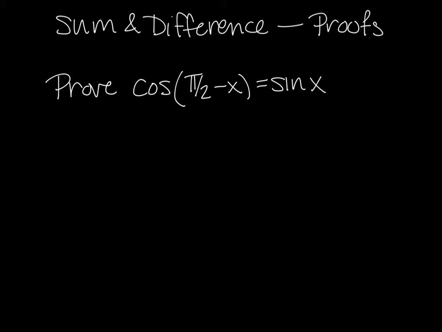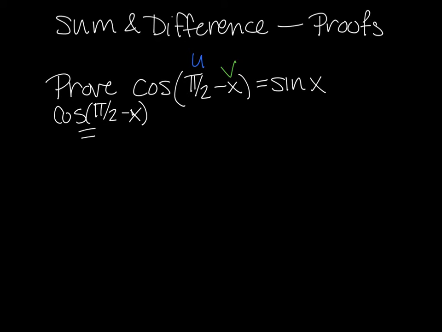Because what you're doing is you're looking at it and you're saying, okay, I have a cosine, and then I have two things being subtracted. So I'm going to use the difference formula for cosine. I'm going to have my pi over 2 be u and the x be v. And so then we use the formula that says cosine of pi over 2 minus x equals,